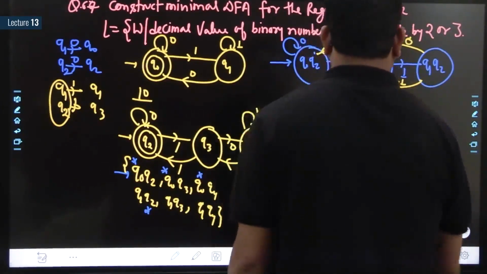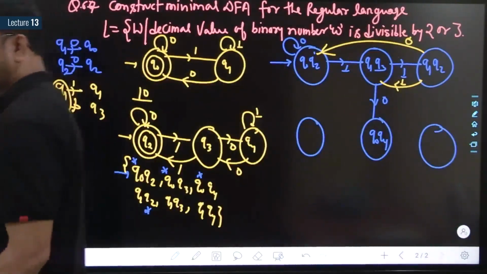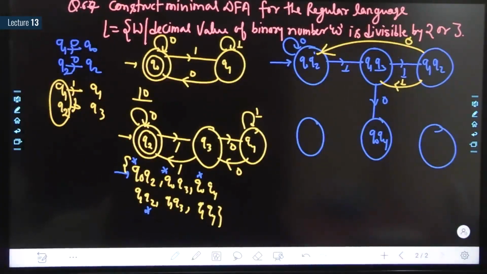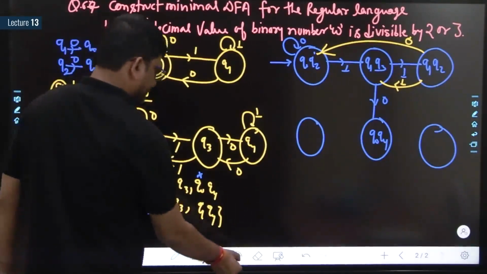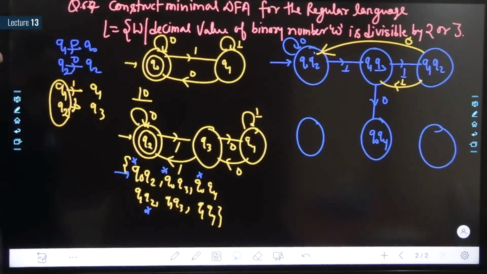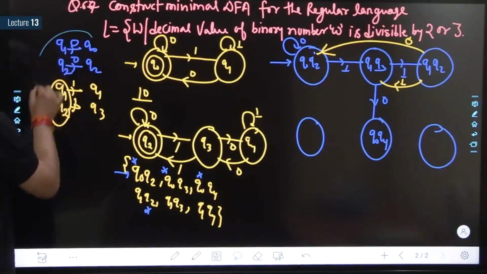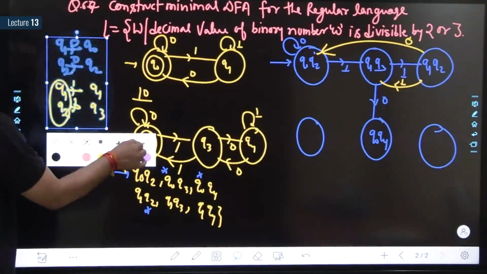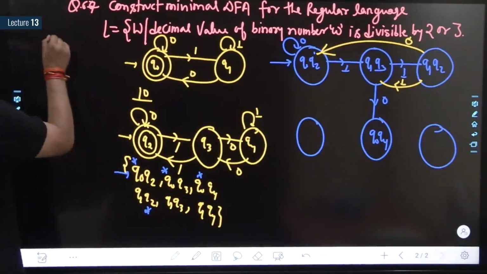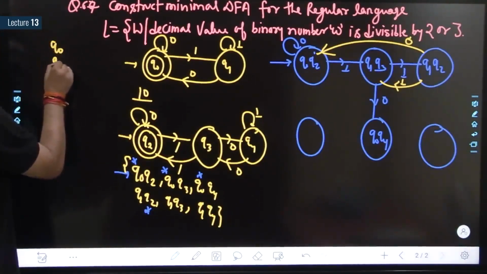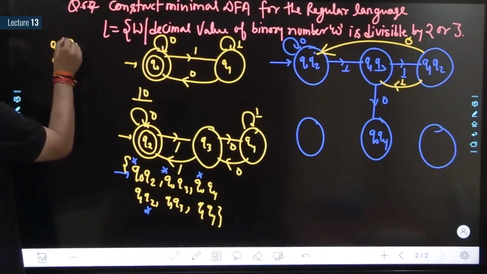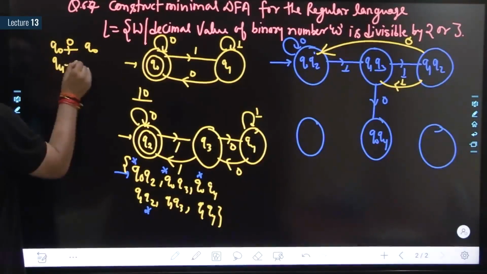Okay. Next state Q0, Q4. Find out the transitions. Do fast. Q0, Q4. Q0 on 0 goes to Q0, Q4 on 0 goes to